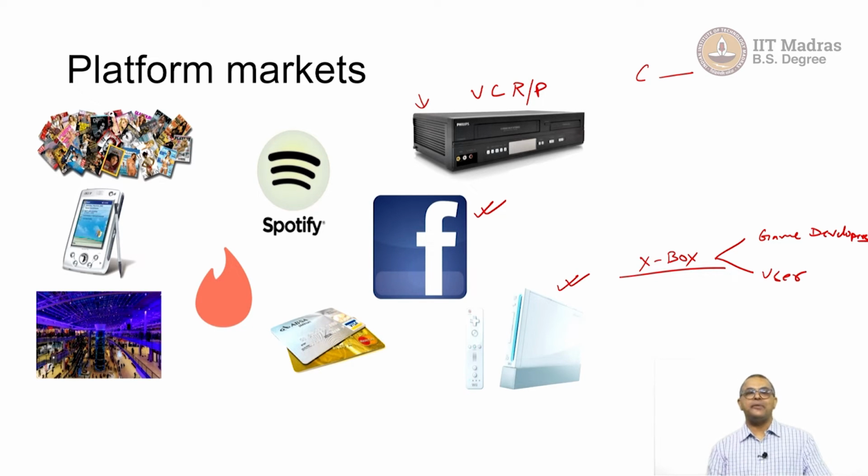Now the platform has to optimize. We will get into the pricing and competition as we progress in this course. Here you have Visa and MasterCard. They were the earlier example. Now we have even RuPay. India's homegrown RuPay is also an example of this. These are matching sellers and buyers. And similarly, you have many examples here.